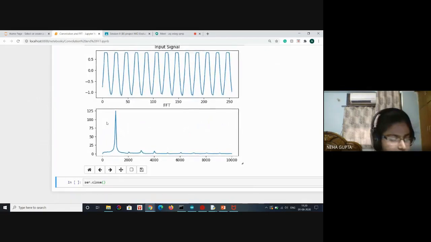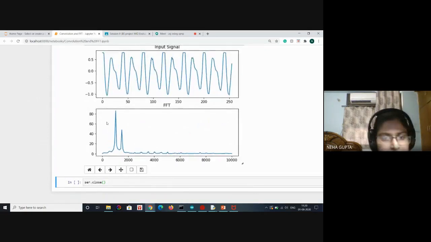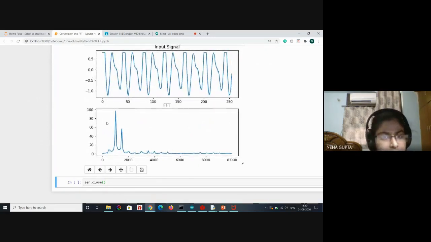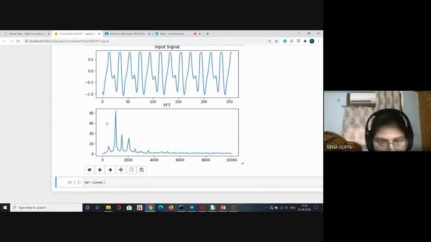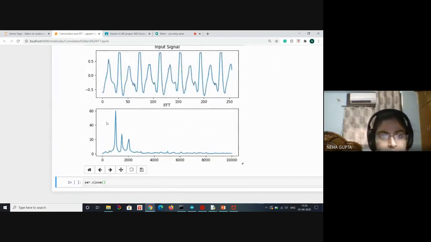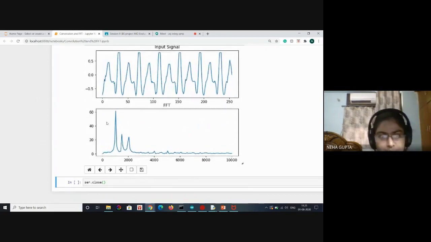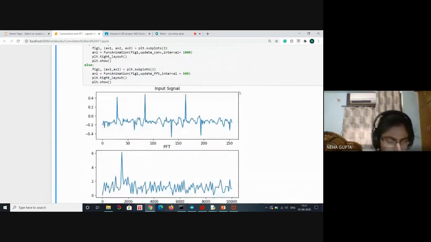Now I will mix two sine waves. I have mixed 1 kilohertz and 1.5 kilohertz sine waves. As we can see, there are two peaks, one at 1 kilohertz and one at 1.5. Now I will mix three sine waves. I have mixed 1 kilohertz, 1.5 kilohertz and 2 kilohertz, so we can see three peaks. Now Supriyo will show the concept of digital resonator.